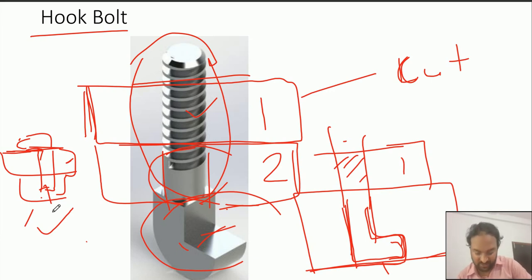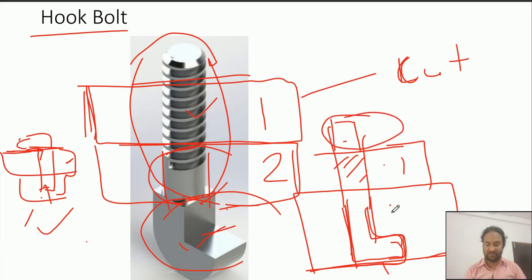Another way is if we use a bolt of sufficient length, we can lock the nut at the other end. So in that case no part will have the internal thread. So this is the way we can lock it, but in both cases the part which is near the bolt head will not have any internal thread. Okay.